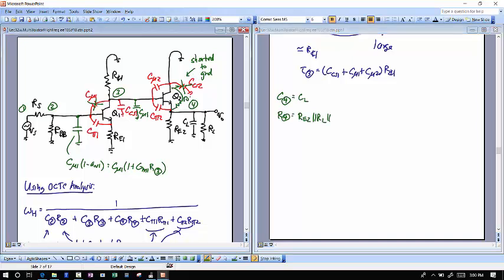I have R02 heading in that direction, also going to ground at the top. Of course, why am I writing down R02? I usually say it's big. I'm going to do it again, but I'm just being very complete about this now. And then finally, I've got